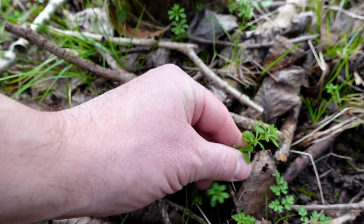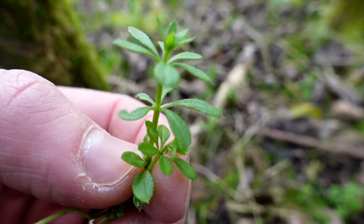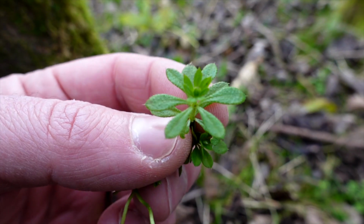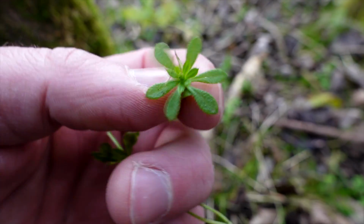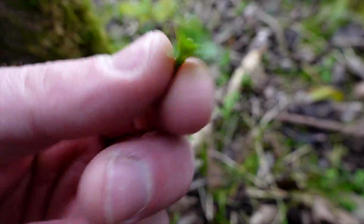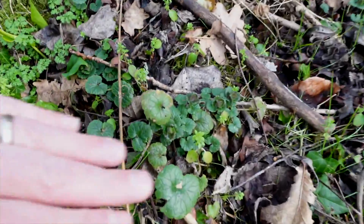Most of you will recognise this. Goosegrass, cleavers, sticky willy, whatever you want to call it. It's the sticky stuff you used to chuck on your mates when you were in school. Edible, especially the younger ones like this. All edible. Another thing you'll see plenty of this time of year